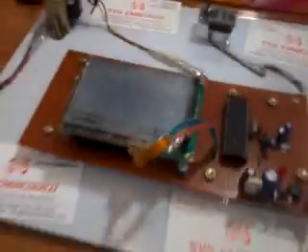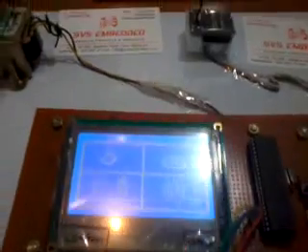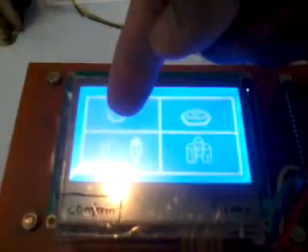Here we are going for the second, that is called table 2. Here also we have the power supply: bridge rectifier, filter capacitor, 7805 regulator. I am going for the order, the touch screen based ordering system. So the touch screen is displayed. I am going to select through my hand also. Okay, one is for the non-veg, another one is the veg. Okay, I am going to select non-veg items, veg items. So veg biryani.